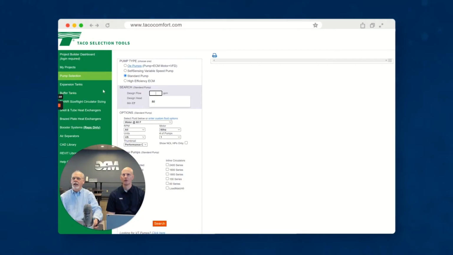And a lot of times they will give you a pump, but we like to go ahead and double check because there's a lot of different things. If we go back, now we have some other selections that we can do. If I change my GPM